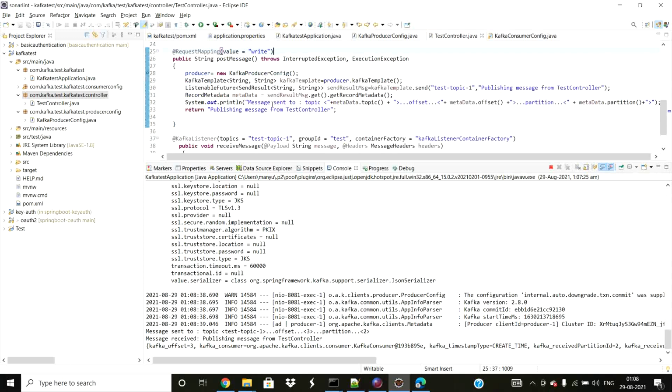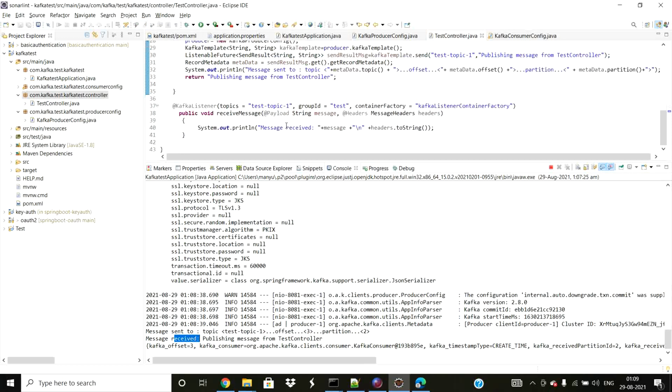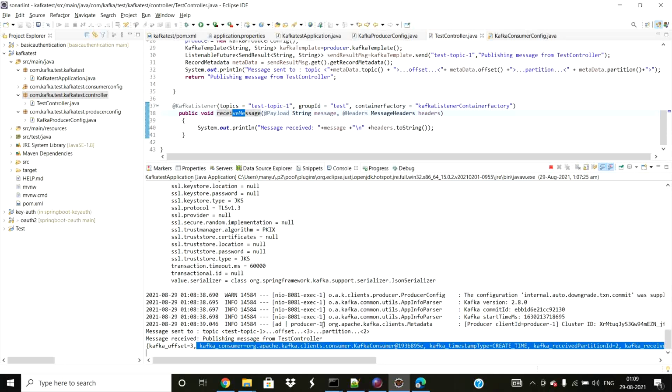This is just something I printed here, message sent to topic detail, offset and partition, coming from the producer send method, the post message method. And the message also got received. This is printing from the receive message method: message received, and this is the message, and these are the header details.